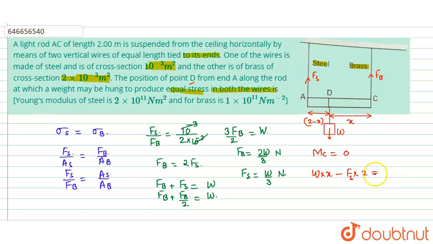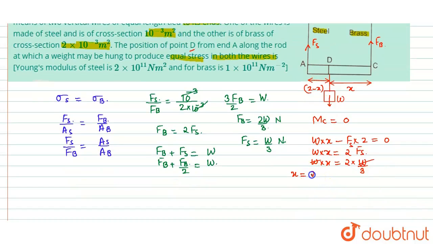This equals 0. So from here W into x equals 2 into the force produced in steel, which in terms of W is W divided by 3. W will cancel out, and you get x equals 2 by 3